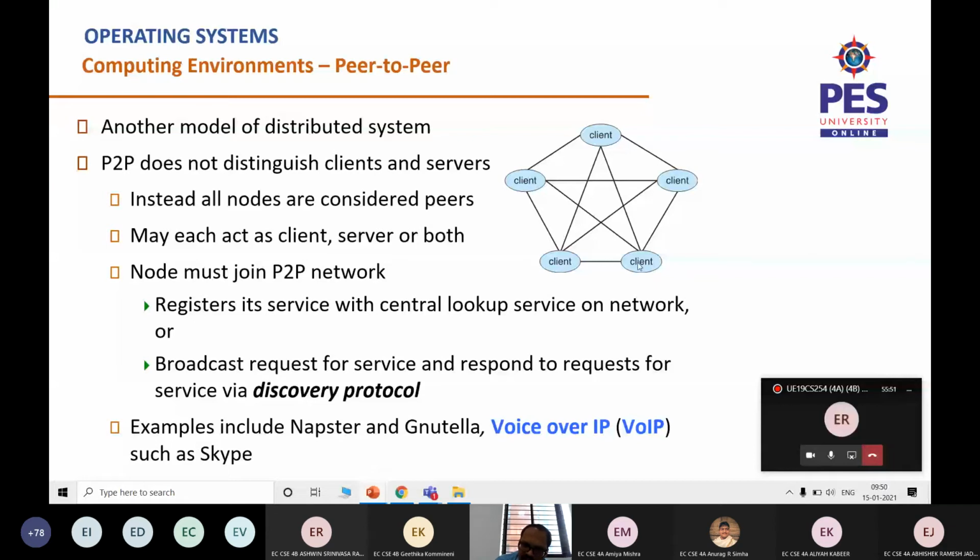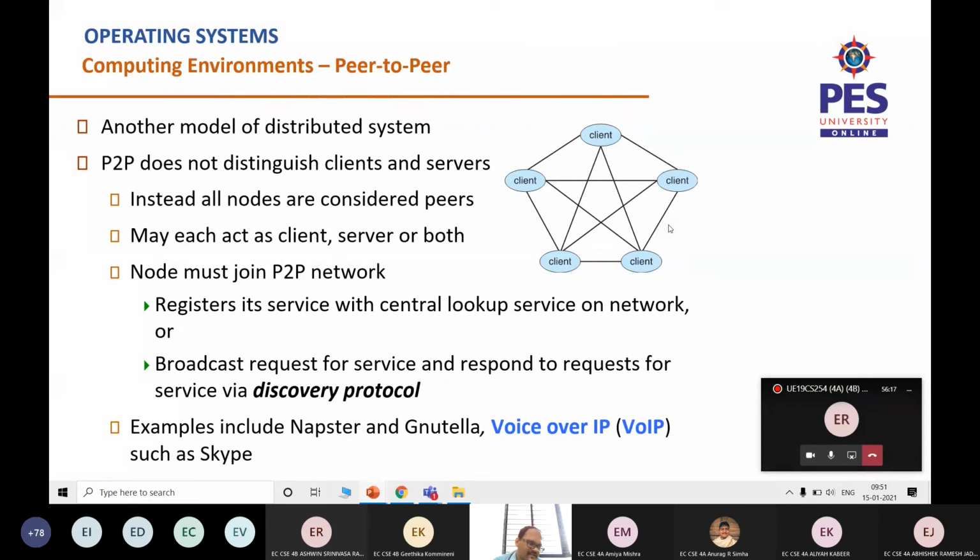So client 3 will send a request to client 5 in order to do that particular job. Client 5 will do that job and send back the response to client 3. So this is how peer-to-peer nodes are connected and doing a particular job. A real life example is a group of friends who always do a combined study.